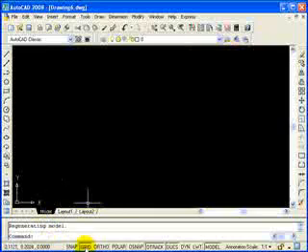Now, when I have my grid on, my grid will be displayed to the limits of my drawing. Okay? So as the limits of my drawing change, so do the limits of my grid. That's another reason why we like to set the limits of our drawing. Well, what about the spacing on this grid? Well, it's real simple to change. If you go over to your grid button, if you hit your middle mouse button,